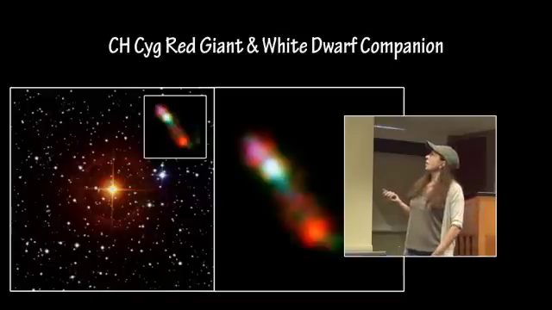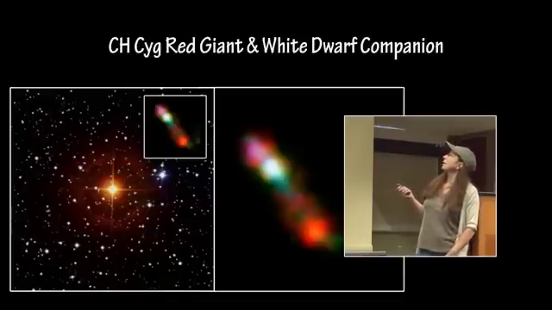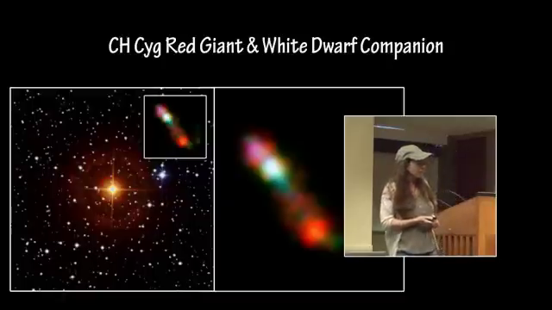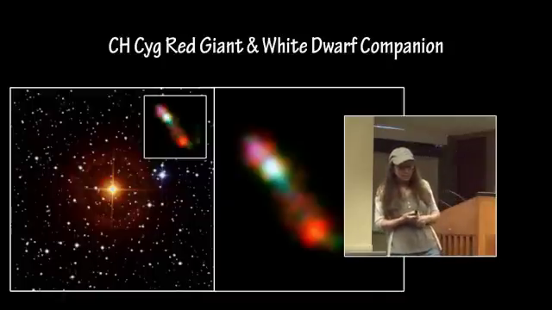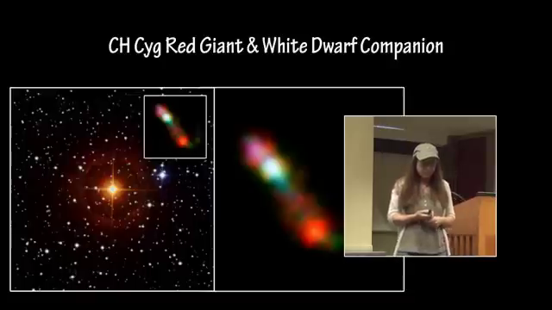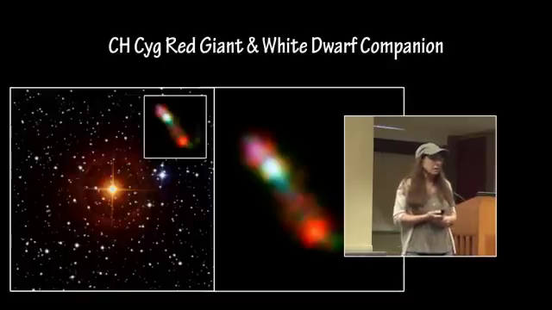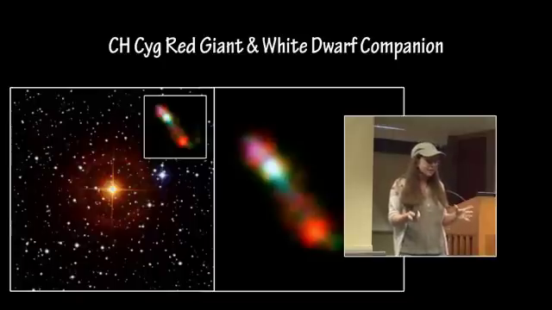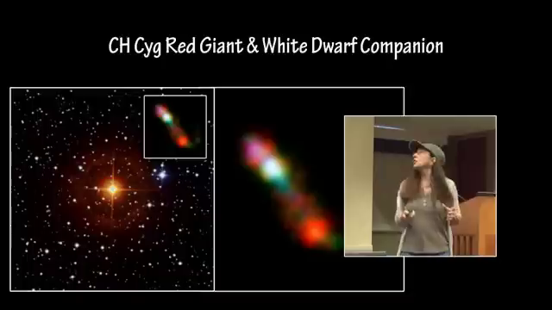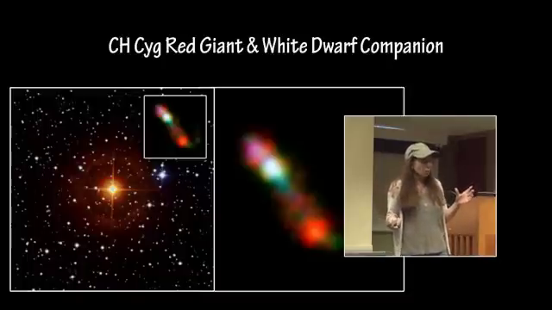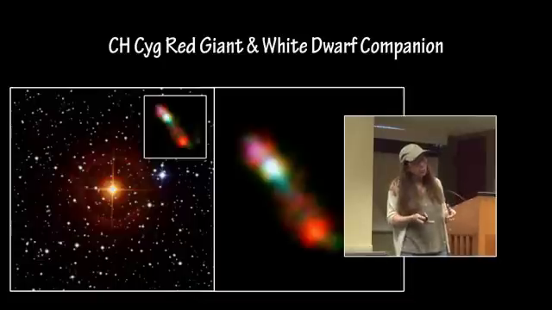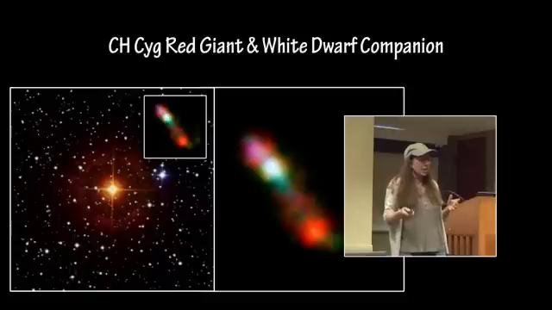This is a white dwarf. CH Cyg is a red giant. It has a white dwarf companion. And this is sort of a symbiotic affair. Actually, this is a very, very dynamic system. There is a huge jet of material coming away from the white dwarf. Now, normally you don't see huge jets from white dwarfs, but there is a situation here